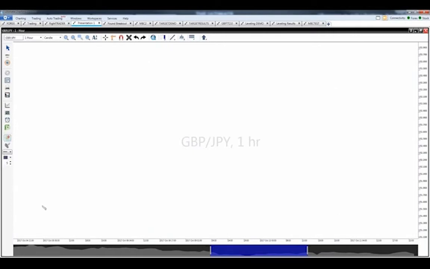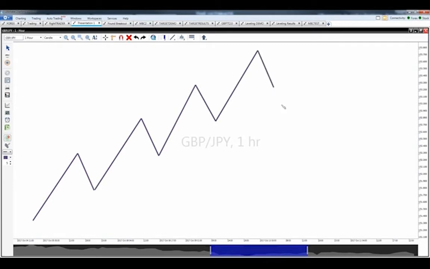We're going to do this in the live market in just a second. The market will move up and make higher highs, pull back and make higher lows. Move up and make a higher high, pull back and make a higher low. It'll move up and make a higher high, pull back and make a higher low, and then it'll reverse. And it'll make lower lows, lower highs, lower lows, lower highs, and it just keeps repeating this over and over again. Now I'm going to do some real basic technical analysis for you.